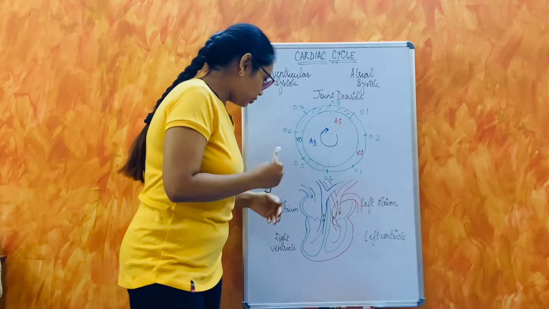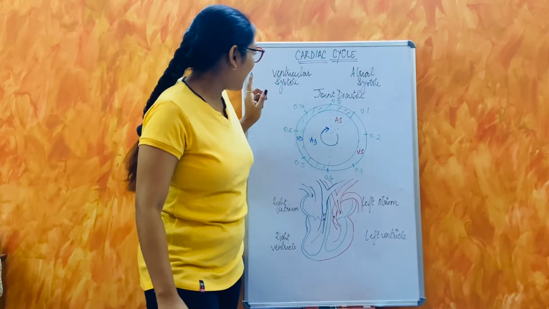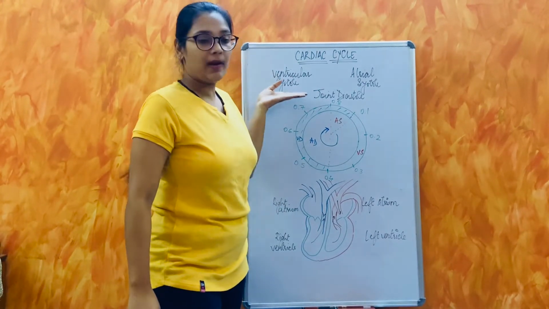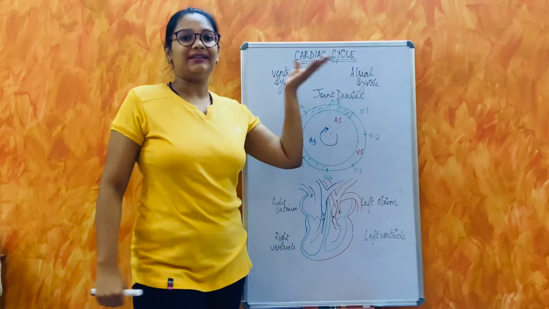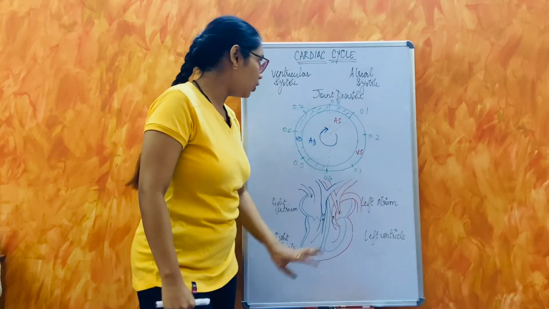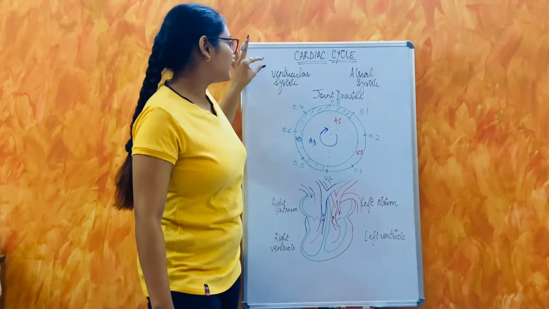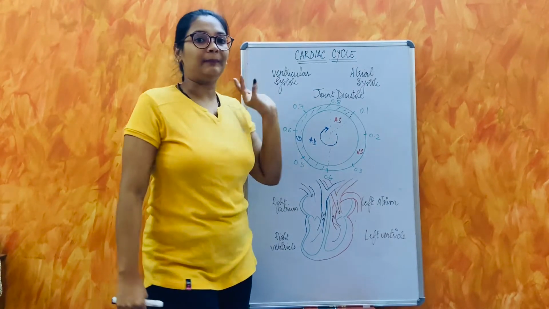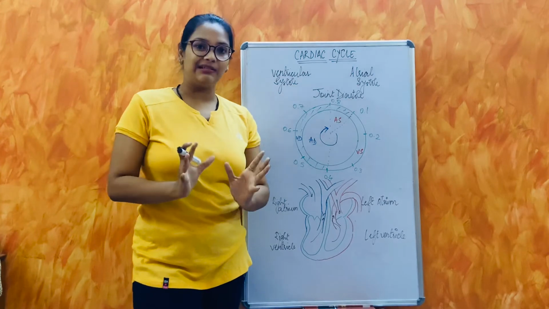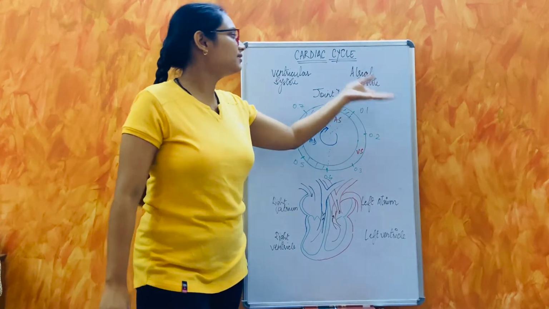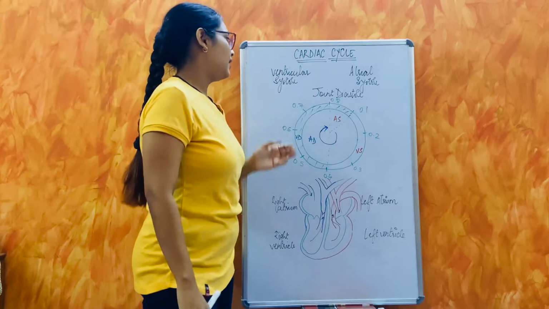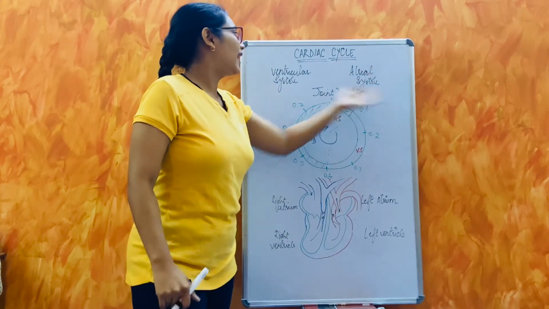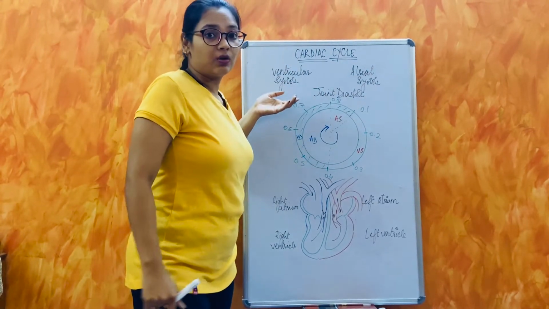Systole means contraction and diastole means relaxation. Ventricular systole means when the ventricles contract. Atrial systole means when the atria contract, and there is an atrial diastole and a ventricular diastole also,